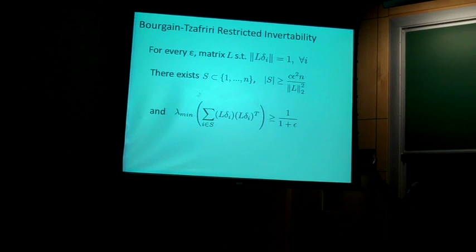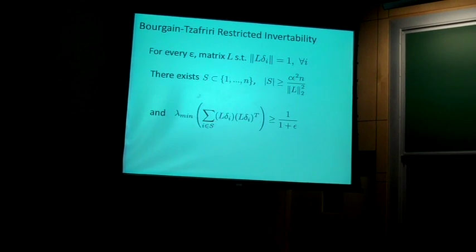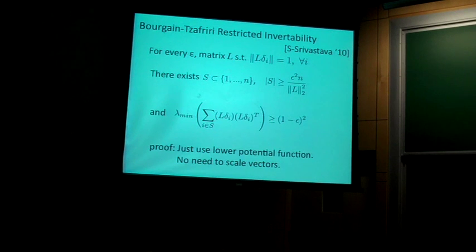There have been various forms of this with some sort of constant c in there. It started out at about 10 to the minus 72. It's improved over time, but if you just use the proof technique I showed you, you actually get the constant c being 1, which is optimal. And you get a very, very clean proof. It's just about 2 pages, well, maybe another page of introduction. So you get a very clean proof of this using these potential function arguments.